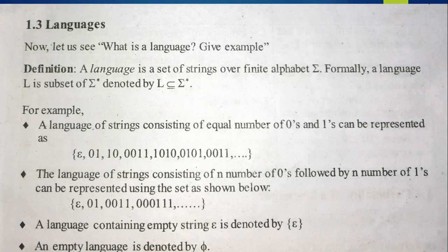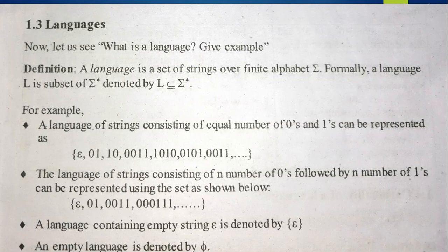Sigma represents the alphabets available in a particular language. I told you the example of the English alphabets, A to Z. Those are equal to sigma. Sigma star means using those alphabets, we create different combinations. How many strings are we generating? Countless, right? That is what we represent under sigma star.